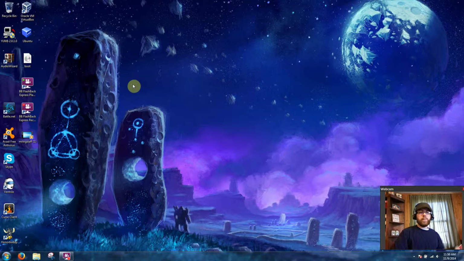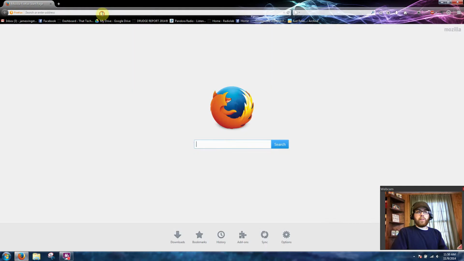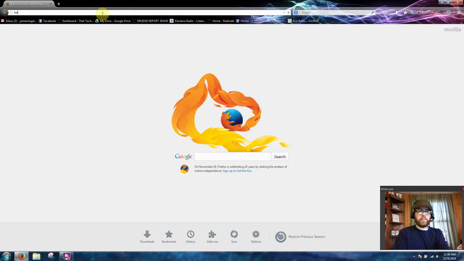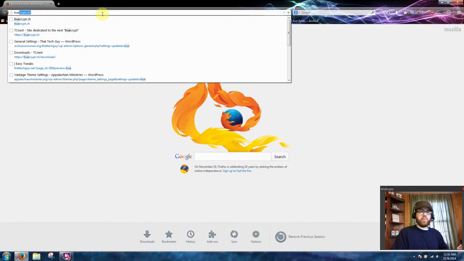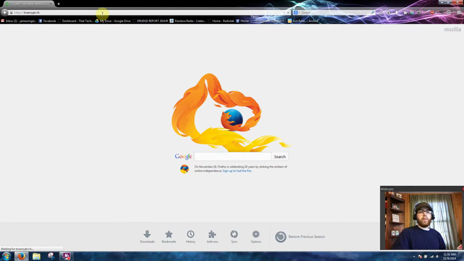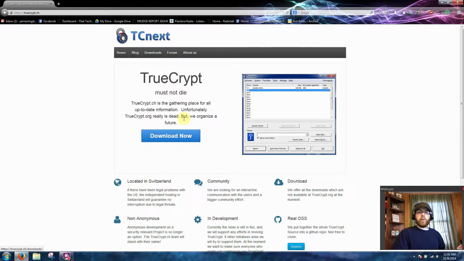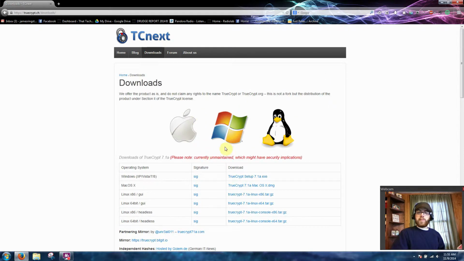To get started, we need to open up our web browser, and we're going to navigate to a site called TrueCrypt.ch. And once we're here, we just simply want to click the Download Now icon. And because I'm running Windows 7, I need the version for Windows. And if you're using Firefox, by default it will save in your Downloads folder. So you can just open it on up